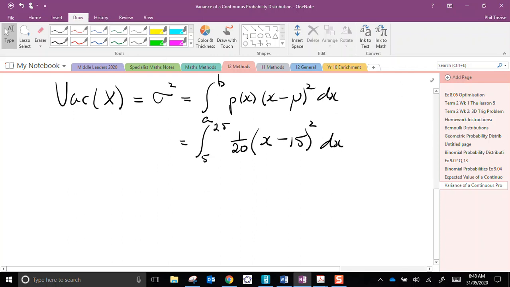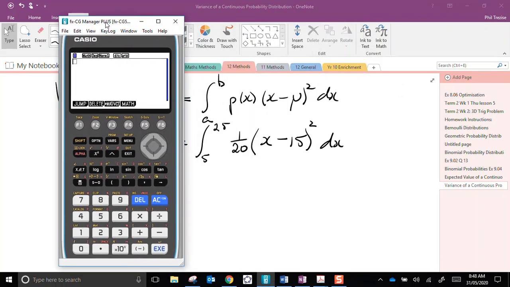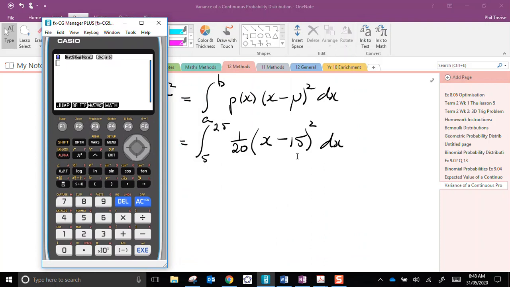Depending on the exam you're in, if you were in a tech active exam, then at this stage I would be saving myself the time and effort of expanding and integrating, and I would be using my technology to its full advantage. So let's write this as